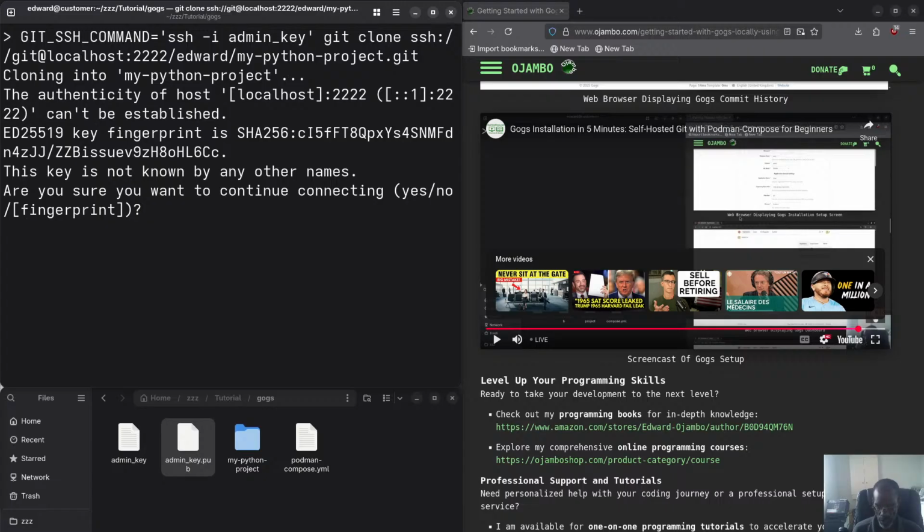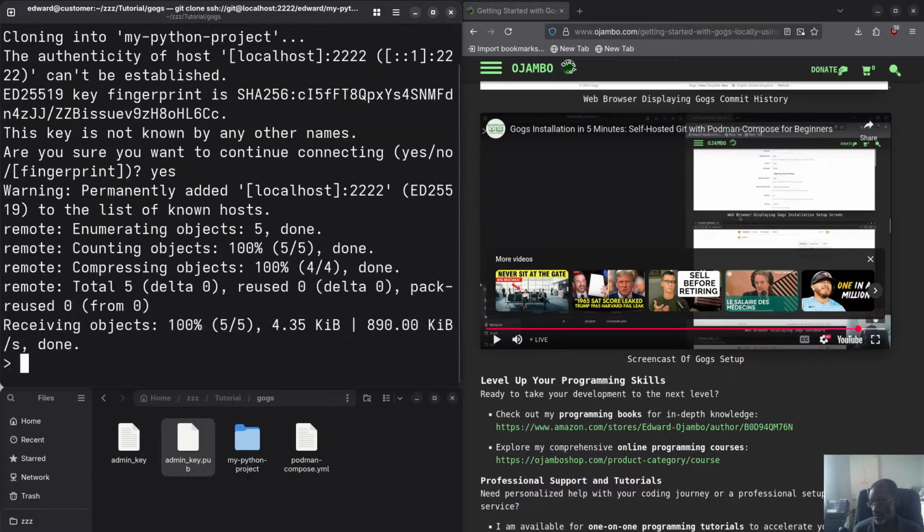You see it wants to add the key, so I say yes. And you see it has cloned. Let me close this here, it's not needed. Yeah, so you see it cloned the project, and you can see here it's enumerating objects, counting objects 5 out of 5, compressed them, and then it was able to, and you see it's permanently added to my